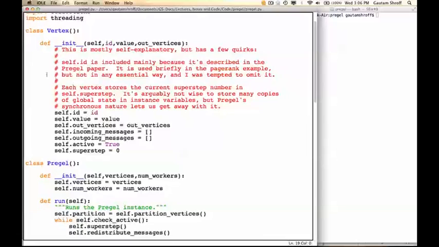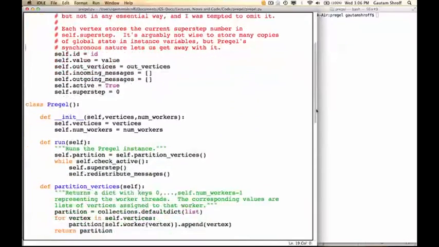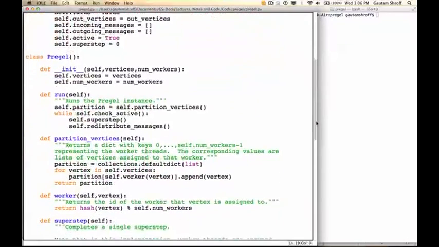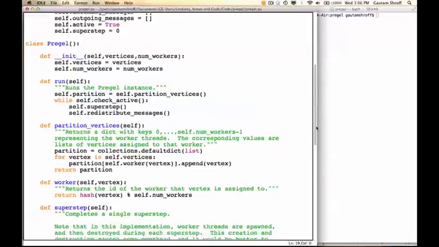It has a class called vertex, which has various things, including the value of the vertex, as well as a list of outgoing vertices. That means the IDs of the outgoing vertices. It also keeps track of things like incoming messages and the number of super steps being performed. Then Pregel, which is the class which does all the work, first does things like partitioning the vertices